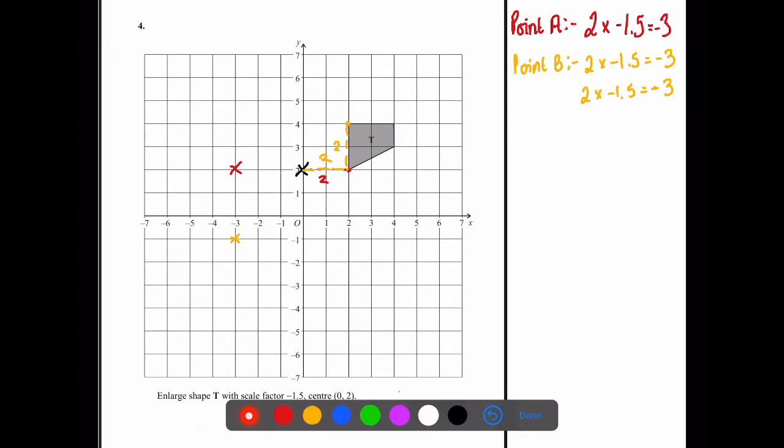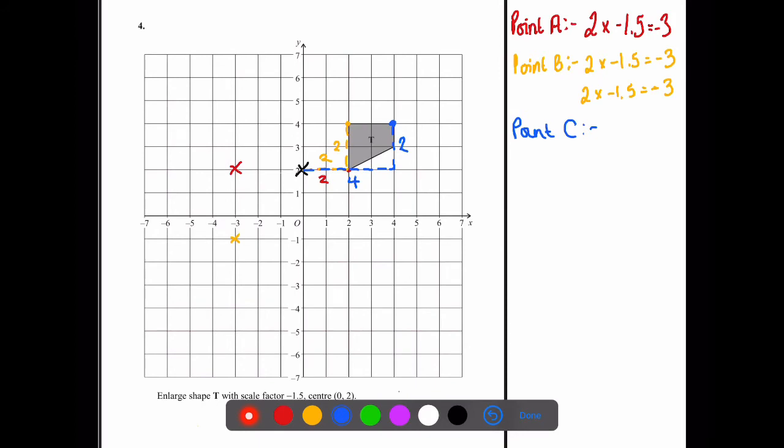Lovely. Our third point then will be this one just here. And to get to that one, we're going to go across. You just need to notice that I'm always going across first. It's better, you won't get confused then. Please go across first and up second. So you've gone across 4 and up 2. So for point C,